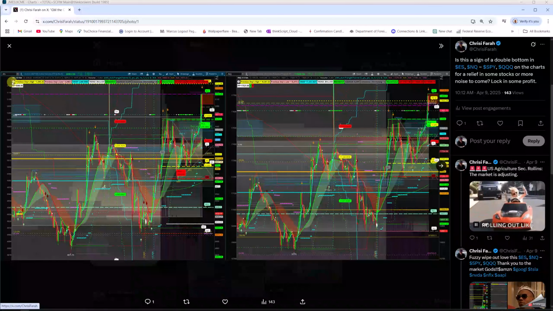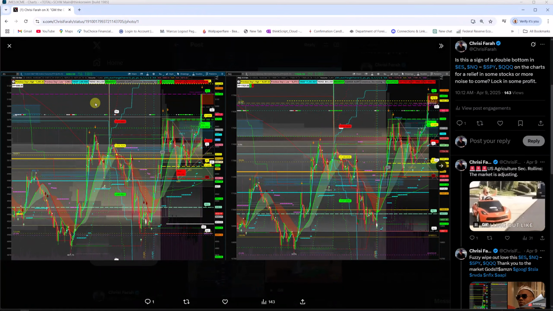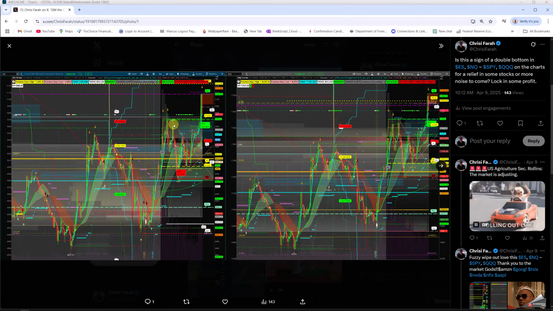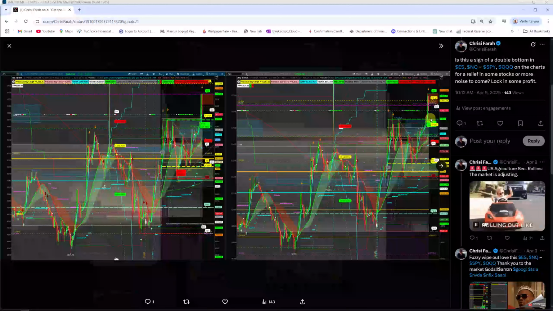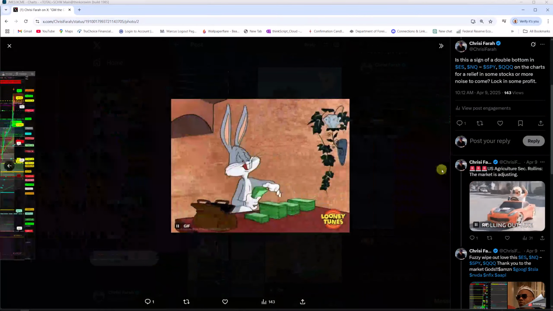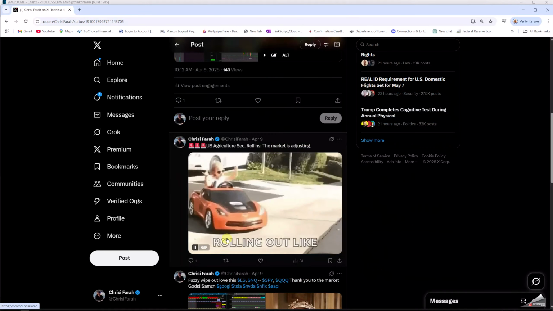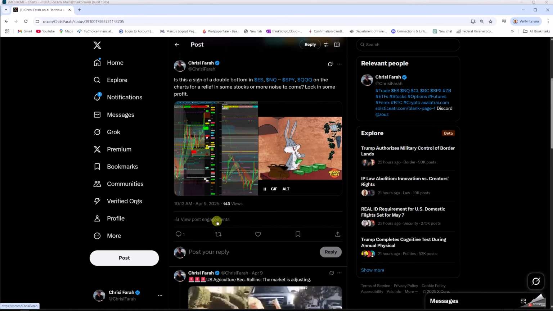This was the 5-minute bar in the morning on the S&P and the Nasdaq, showing the value high, value low, point of control. We came out of that downtrend channel. We double bottomed in trading hours and rallied up. When I saw this, I said, get in everyone, go long. We broke the channel and we broke the 30-minute open range on the Nasdaq as well as the S&P. Here's the chart and the timestamp. If you want, I'll show it. If I click it, there's the timestamp on Bugs Bunny at 10:12 a.m.